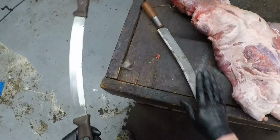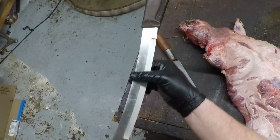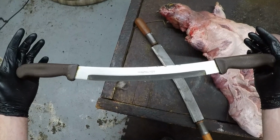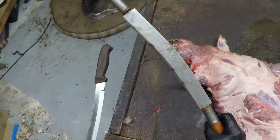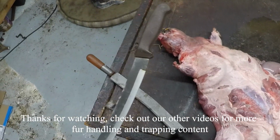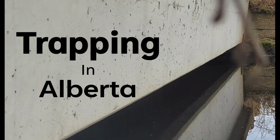I have two different fleshing knives. I have a soft dull fleshing knife, and then I've got this hard steel with a sharp blade on it. So this is the one that I would use for beavers and otters, that sort of thing. Skunks, raccoon, coyotes, fox, most of the other stuff, fisher and that sort of thing, even mink, I use the soft one for. The only time you'd use this on raccoon or skunk is that gristle right between the shoulders. So that'll be another video I show though for the fleshing. Just try and keep this short and sweet. Yeah, we're just trying to